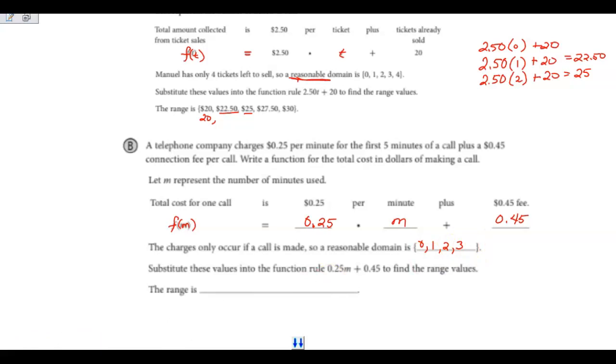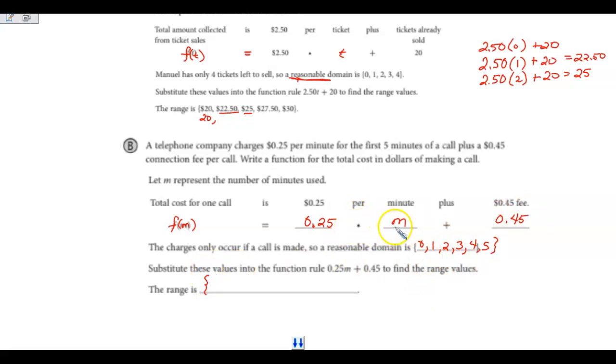Because of that, we want to use what's called a reasonable number. And in most cases, people are on the phone for up to 5 minutes. So we're going to make this our reasonable domain. And then we're going to substitute these values into our function, which was 25 cents per minute plus the 45-cent fee. So when I'm looking at my range,